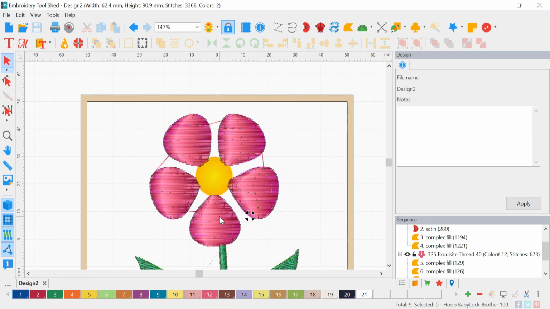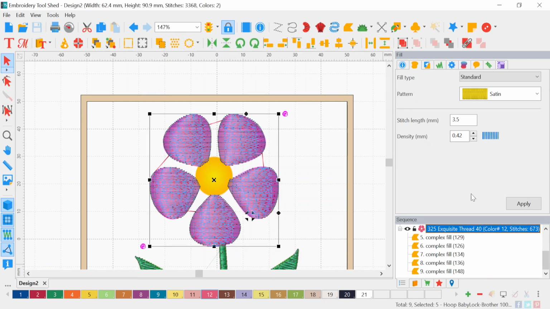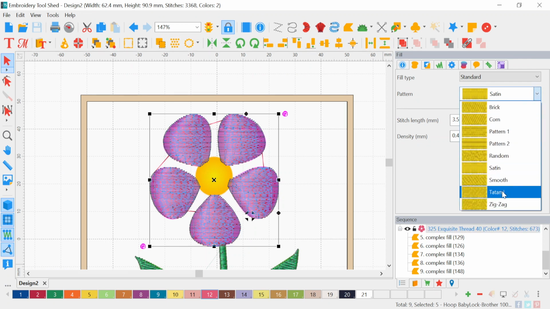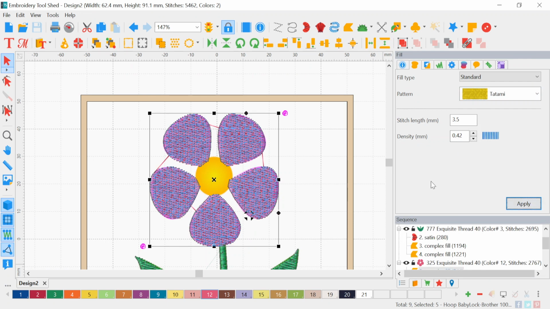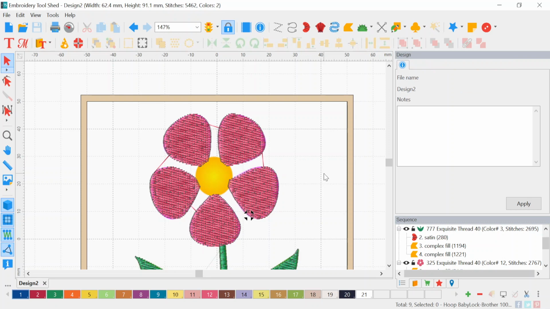Again, these are satin because of the last thing we did, so I'm just going to come here, select them all, change them to tatami and apply. So okay, they're all tatami. And the last one is